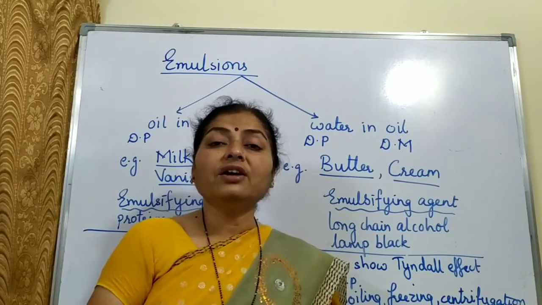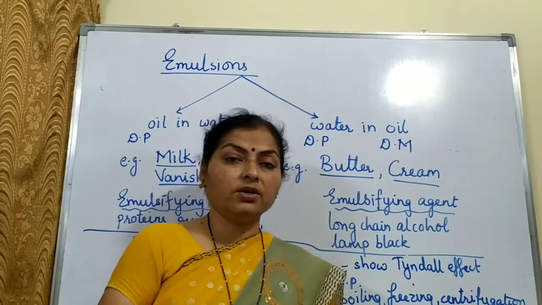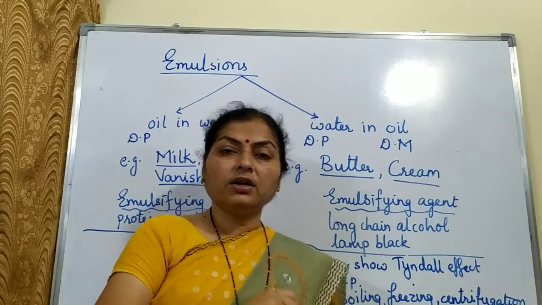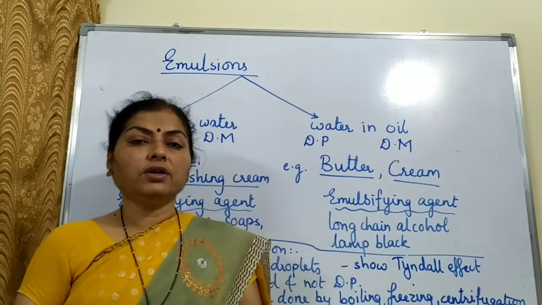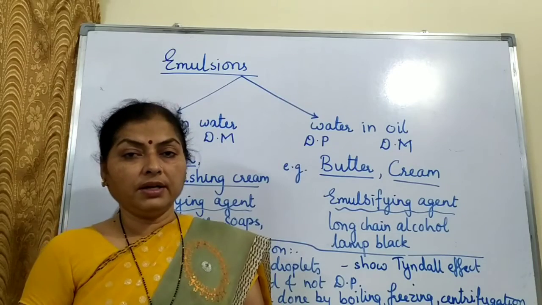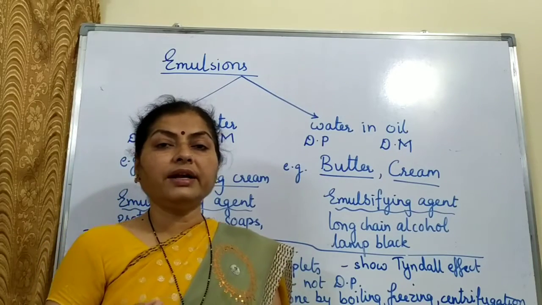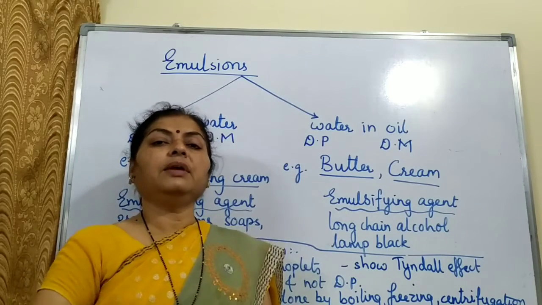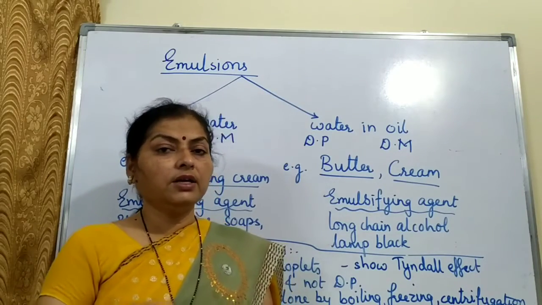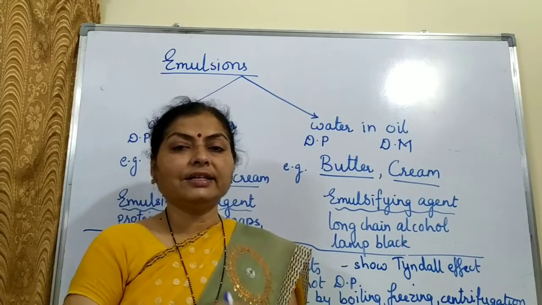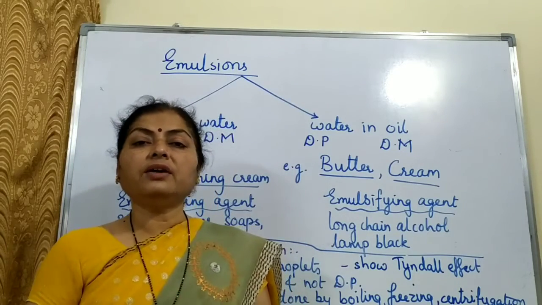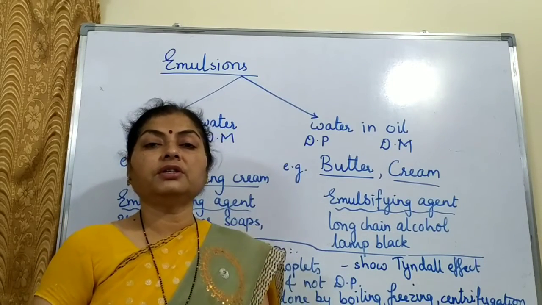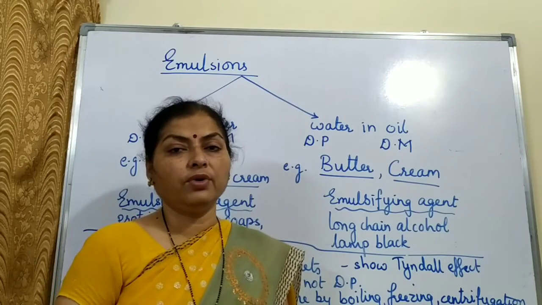Then clotting of blood. We know that if we get a cut or a wound, and we apply some amount of ferric chloride or alum there, then coagulation will take place and the blood will clot. So we know that blood is a colloid, and alum or ferric chloride is an electrolyte. We know that an electrolyte can make the colloid precipitate or coagulate. That is how the coagulation takes place, and the oozing out of blood from the wound gets stopped. Then fog and mist formation in the atmosphere are all examples of colloids.